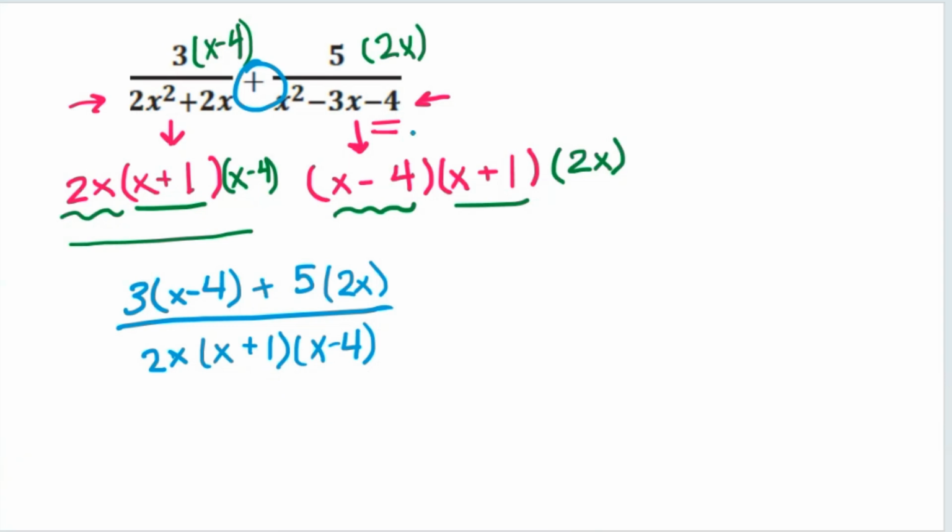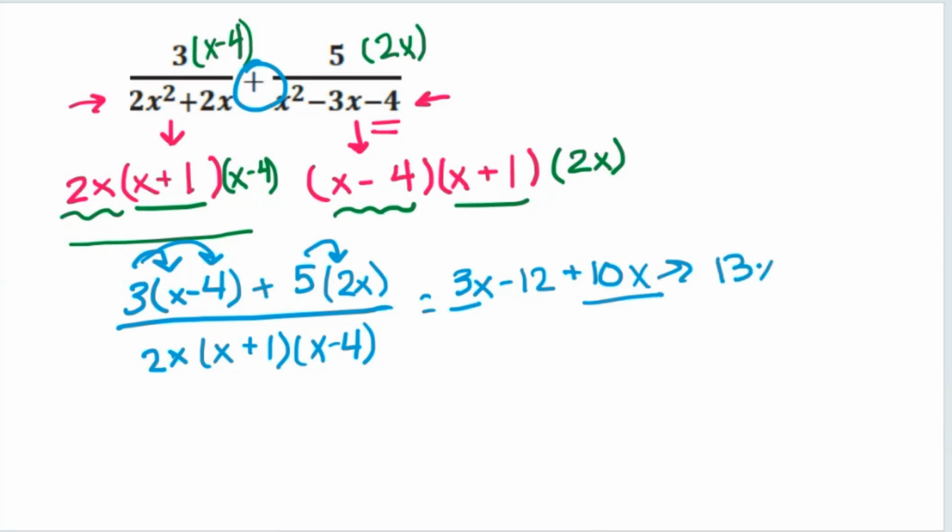From there, now I can just go ahead and I can start to simplify the numerator. And I'm going to do that by multiplying out. 3x minus 12 plus 10x. And I know that this all simplifies, 3x plus 10x, that's 13x. Bring that minus 12 along. And I put it over the denominator, 2x times x plus 1